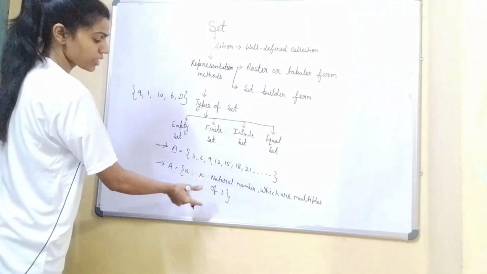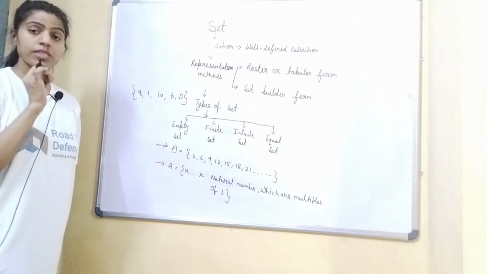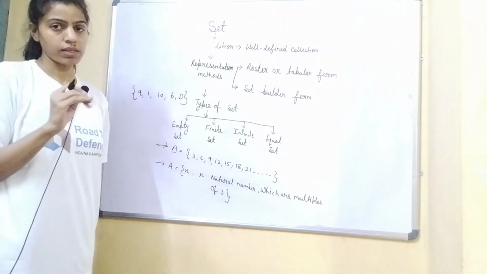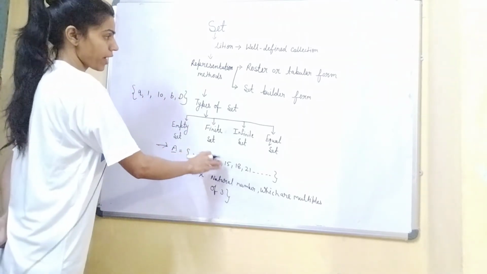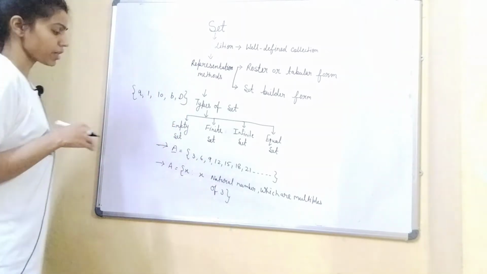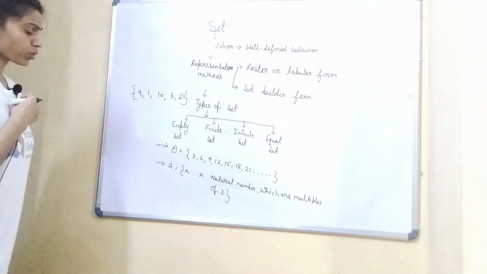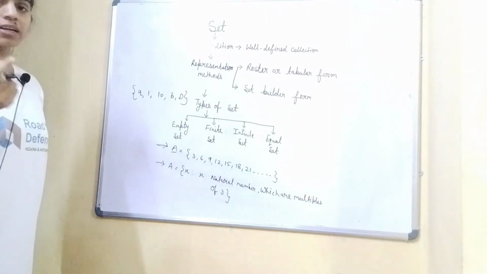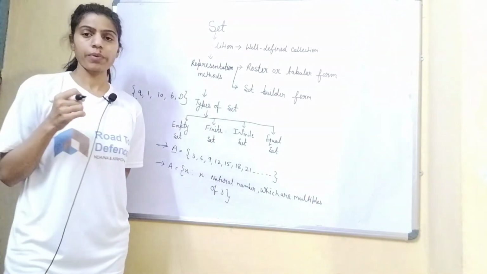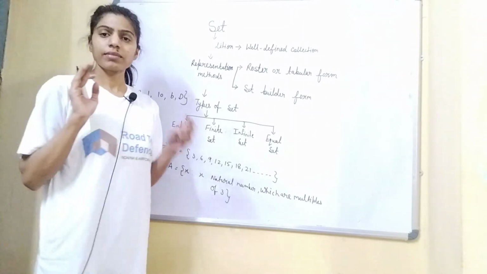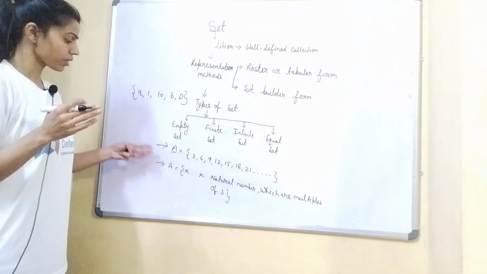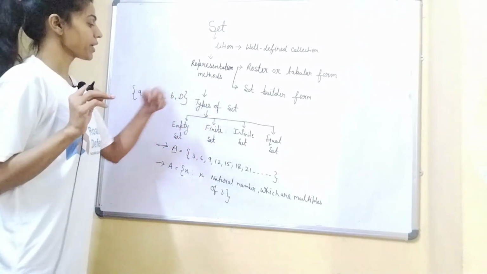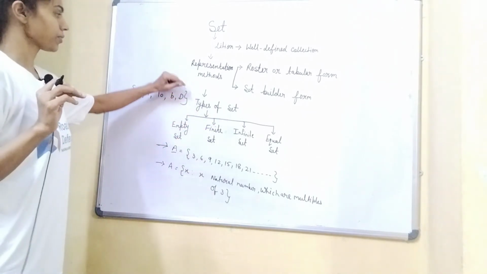Set builder form में students क्या होता है? We are using a proper statement which is defining all the elements of the set, and in tabular form we are writing the elements of the set. So I hope students कि आपको समझ में आया होगा. Now we will take some questions also on this topic, so it will help you to understand this topic more. But first I am explaining this to you, right students?